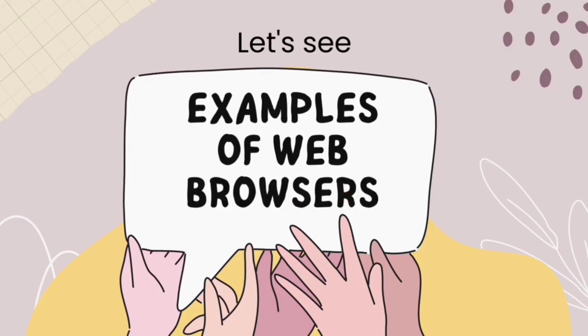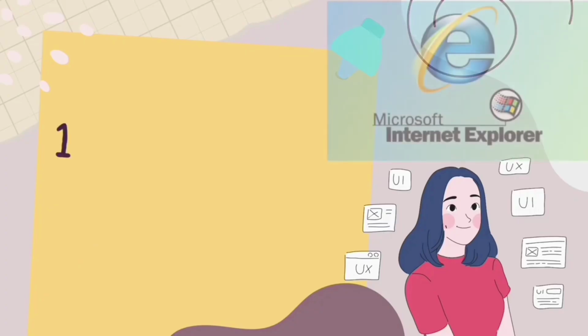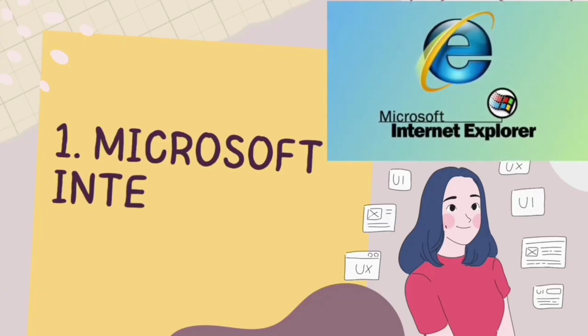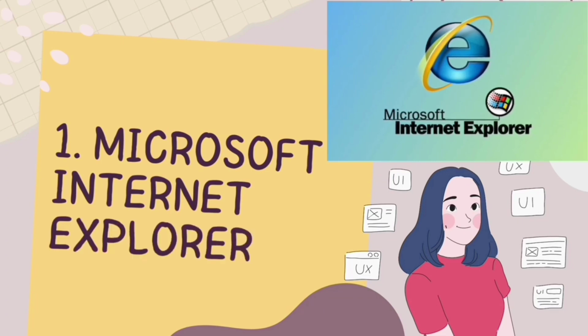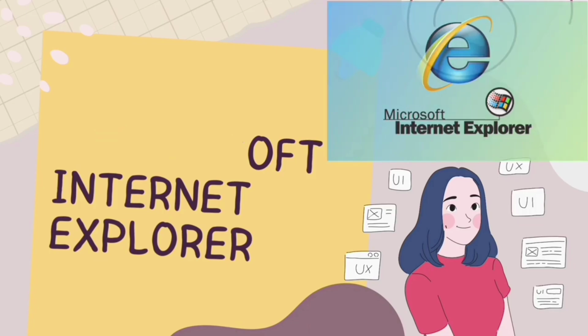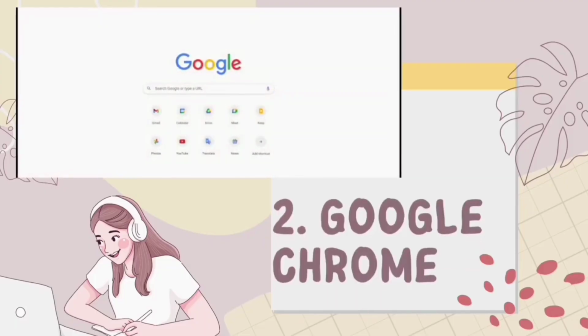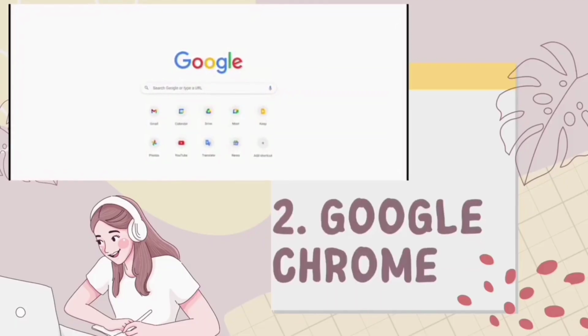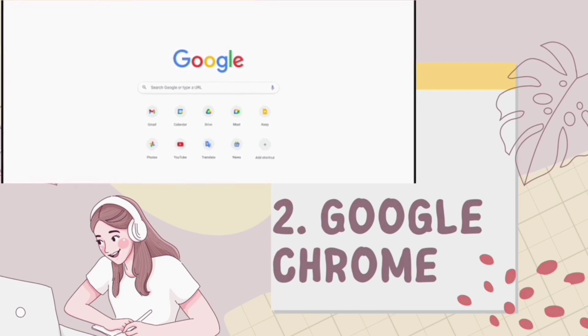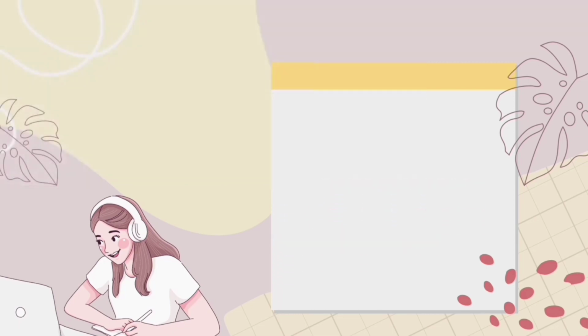Now, let's see some examples of a web browser. The first one we have here is the Microsoft Internet Explorer. The second one is the Google Chrome. Most of us know the Google Chrome. Now, the next one we'll be looking at is the